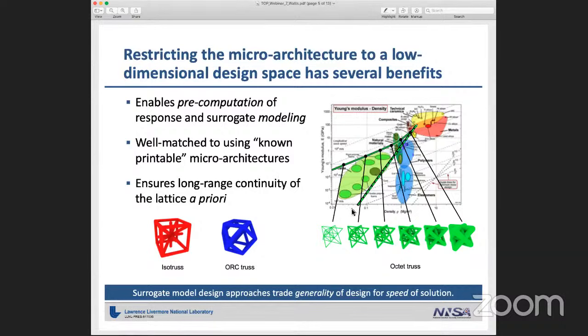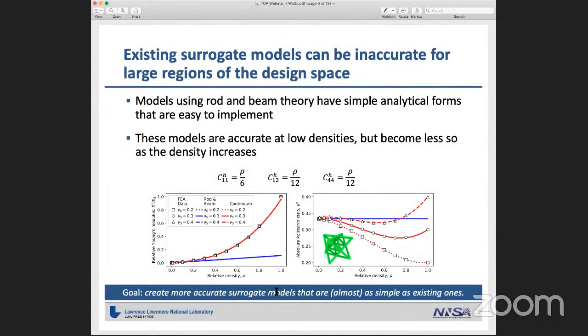In the first paper, the main source here, I am considering models for 3 types of truss lattices: isotruss, an ORC truss, and an octet truss. If anyone objects that I'm leaving performance on the table, yes, I completely acknowledge that. I'm in no way claiming these trusses are optimal microstructures. However, they're known to be printable, relatively simple, and easy to parameterize. So I have a very simple modeling job, and I can do a fast macro scale design, but I acknowledge this will not be the best possible macro scale design. It will just be an efficient one to obtain.